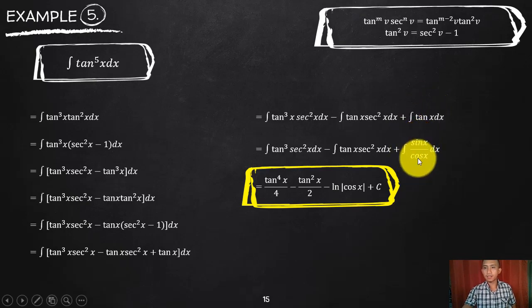over cosine. Okay, wherein, try to go back to your logarithm, integral of logarithmic. So think of your cosine x as your u. What is the differential of cosine? It is negative sine x dx. So there should be a negative there. So what will I do? I will balance that. I will put negative and then balance that by negative. So this will become minus. So your answer here is integral of sine x over cosine x is negative ln of cosine x.